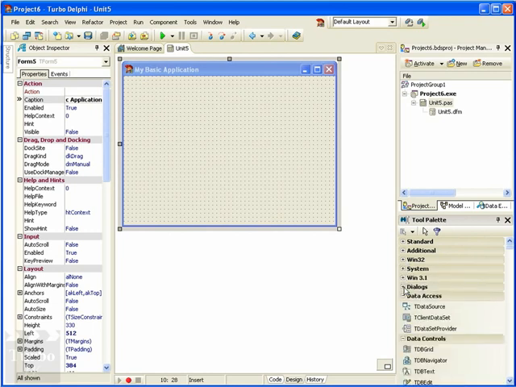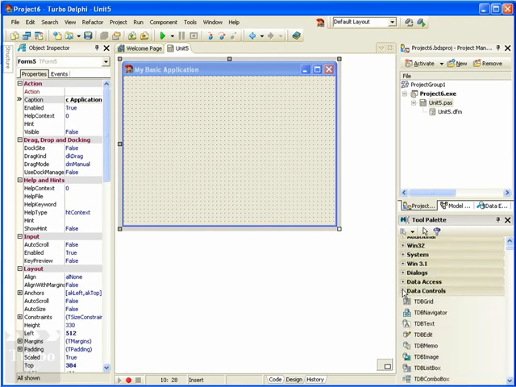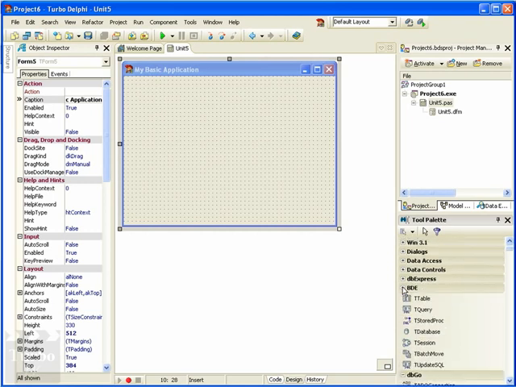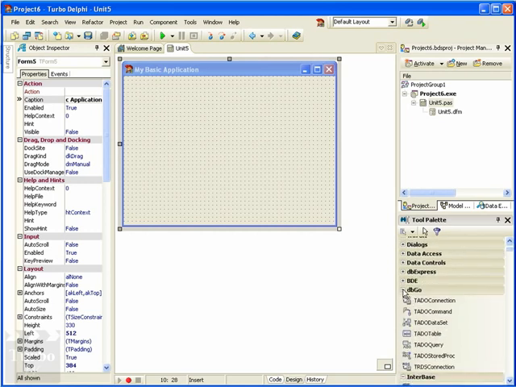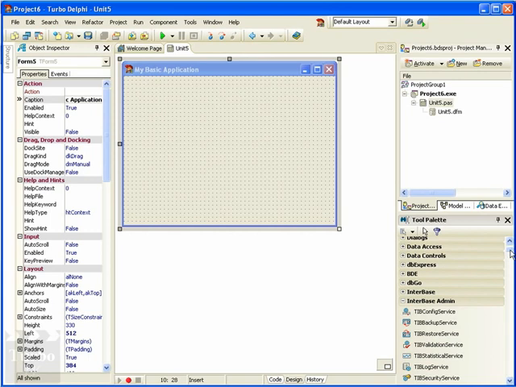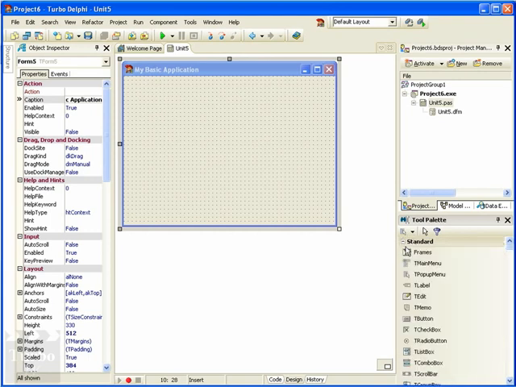There's a number of different tabs that hold the over 200 components that come along with the Turbo editions. The components we're going to be most interested in right now are on the standard frame. The first one we're going to do is the button. We're going to drop a T button